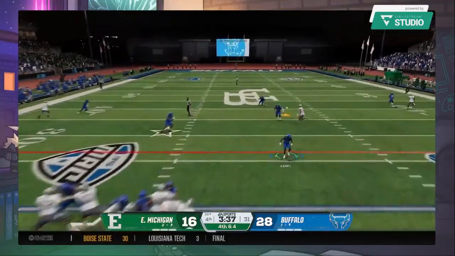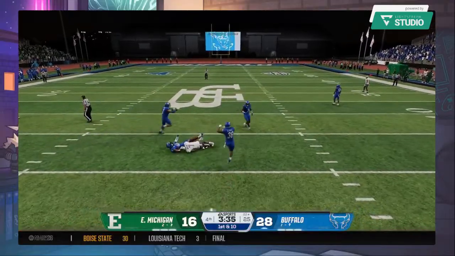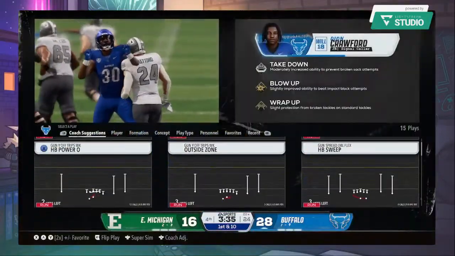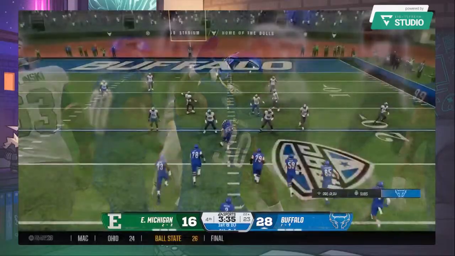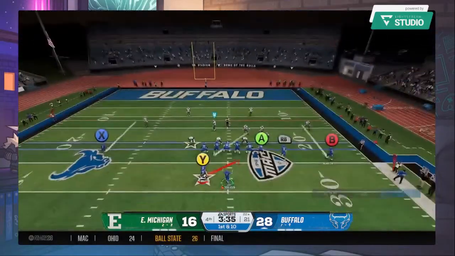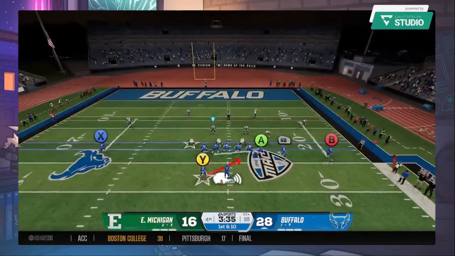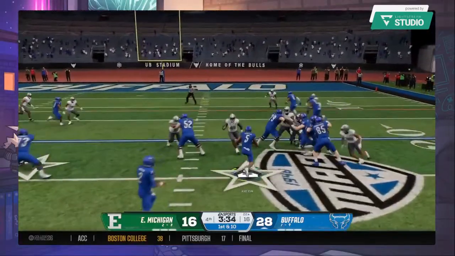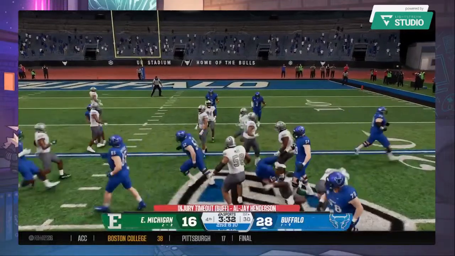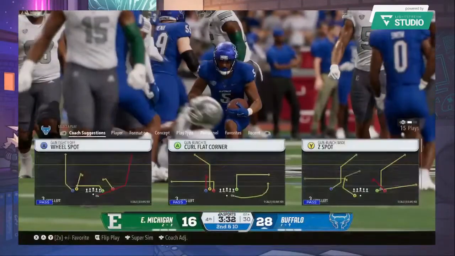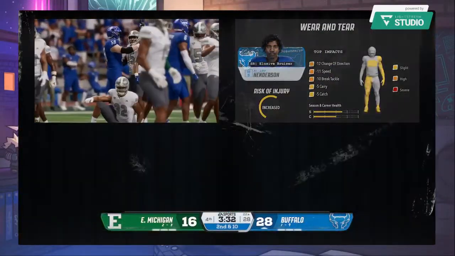Now the play fake. Incomplete on 4th down, and man, did they need to keep that drive alive. This offense has it with really good field position. They'll keep it on the ground. They want this clock to move. And maybe he'll get back to the line of scrimmage, but no more than that.